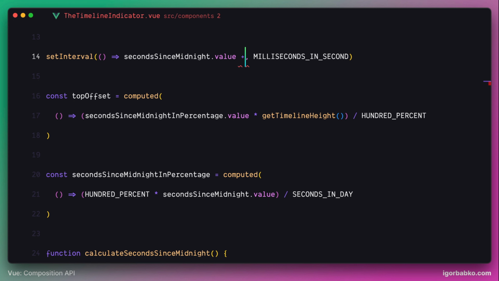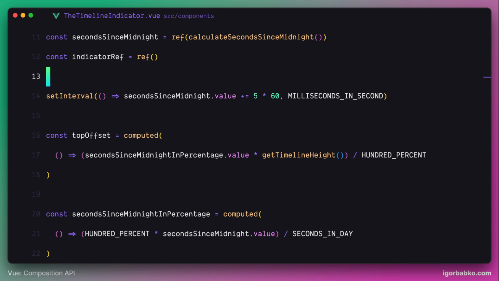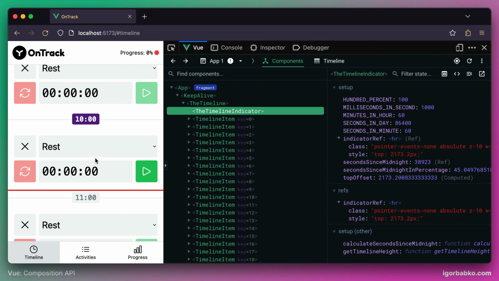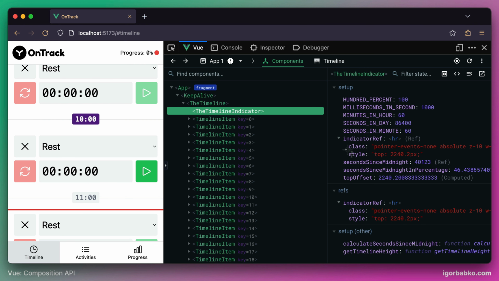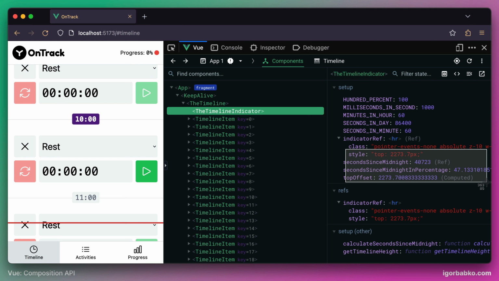So we can use the following calculation in here. The amount of minutes, which is 5, multiplied by the amount of seconds in 1 minute. So in the browser we get the following result. Right away we're seeing that our indicator moves down, and we also see that all computed properties are recalculated every